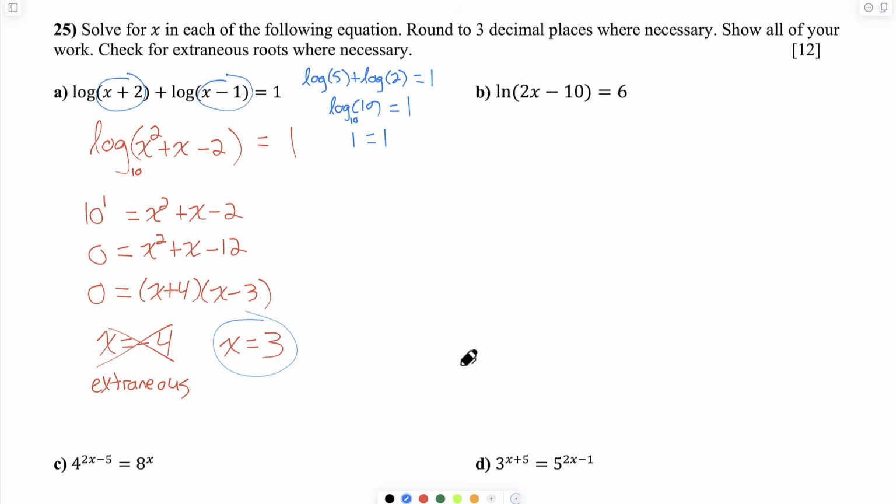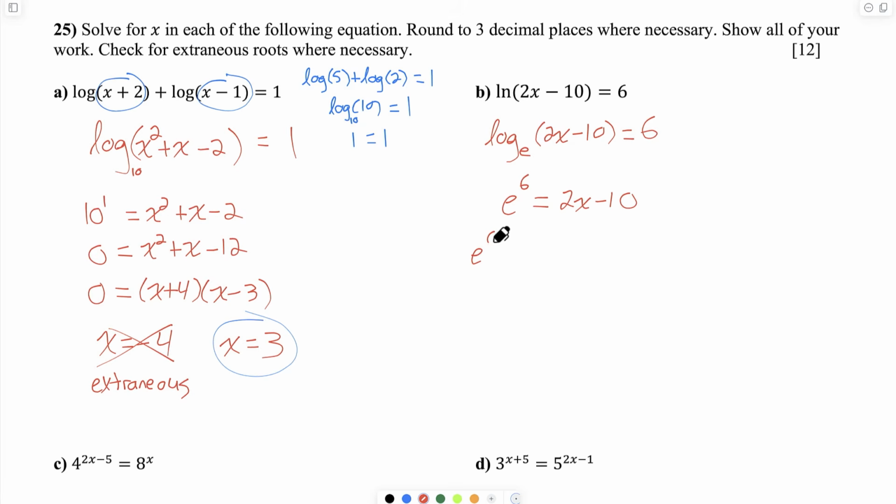Part B, I see ln of 2x minus 10. So ln of 2x minus 10, that's the natural logarithm. That just means log base e of 2x minus 10 equals 6. Remember, e is just Euler's constant. We treat it just like any other constant. I can change this to exponential form by saying e to the 6 equals 2x minus 10, and then just